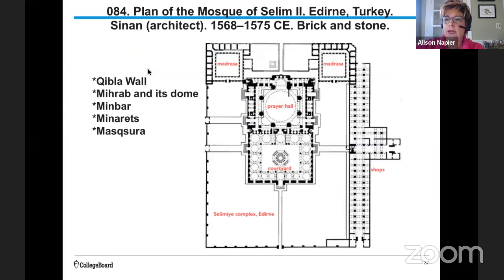As far as the plan, the complex is huge. It's more than the length of 2 football fields. And again, it has the mosque as well as several other structures. And all of the required elements are here: the Qibla wall, the mihrab, the minbar, minarets, and the maksara, all of these things that we tend to see